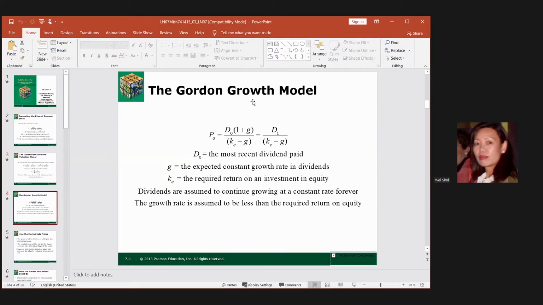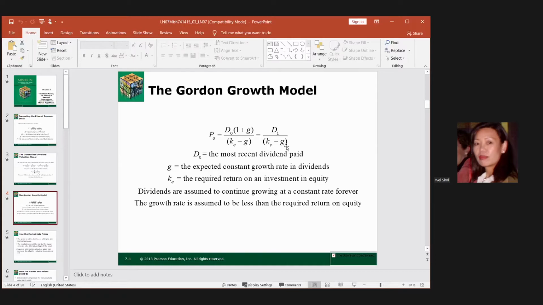Now, the Gordon growth model makes things better. The formula is so simple. That's just the analysis formula. Now we introduce how he got it. He did a good job. His model only needs the dividend and today's stock price, P0, and the next dividend, 1 period later. Then we know the required rate of return and the growth rate of the company. So now we use those in the formula.